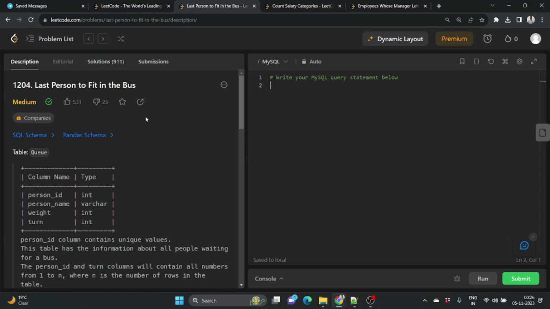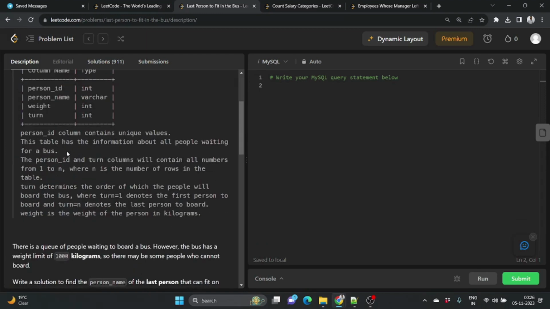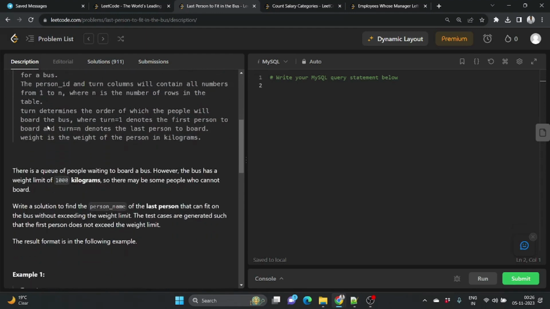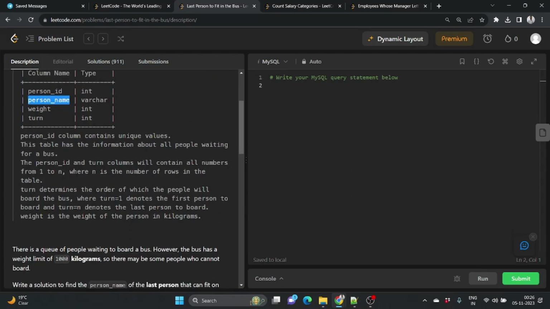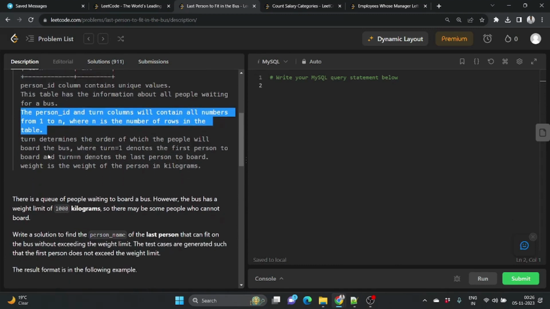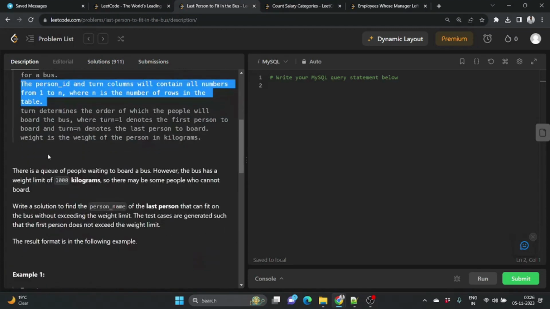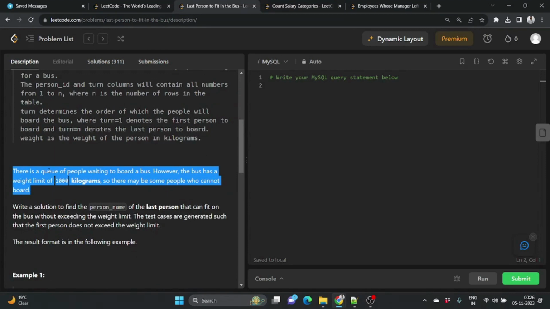That is ID 1204, Last Person to Fit in the Bus. We have a table Queue which has the column names person ID, person name, weight, and turn. Turn identifies in which order the person will board the bus. We need to return